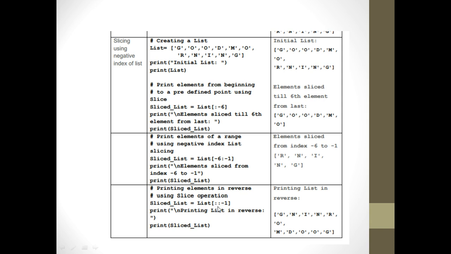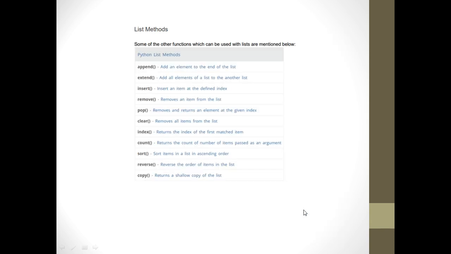Then if I say colon colon minus 1, it prints the complete list in reverse. So these are all the functions that are with list: append, adding one element at the end; extend, adding many elements at the end; insert, adding an element at a particular index; remove, removing a specified item from the list; pop, I have to specify the index from where the item has to be removed;